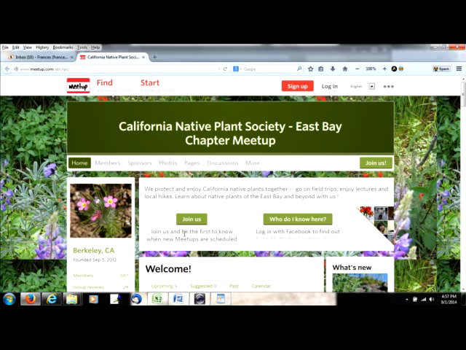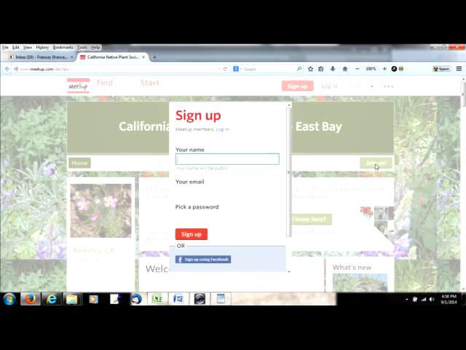So in the first scenario, where you know your chapter has a meetup group, you just type the URL of the meetup group into your browser, and I've done this here, and it has brought me to the East Bay chapter's meetup group. And to join the group, it's very easy. I just click on this Join Us button on the right-hand side, and then you'll